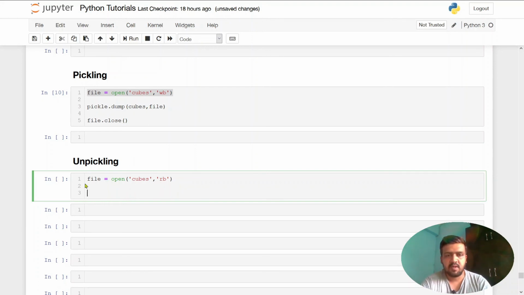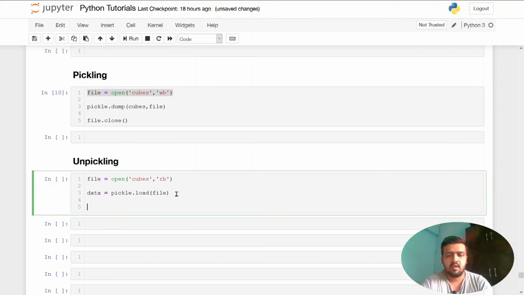Since I have opened the file, now I will use the pickle.load function, and I will give the file object into this. This will return the contents of the file, basically the object that we actually stored earlier. Let's say I take it into the variable data, and you can easily close this file because I have read all the content.